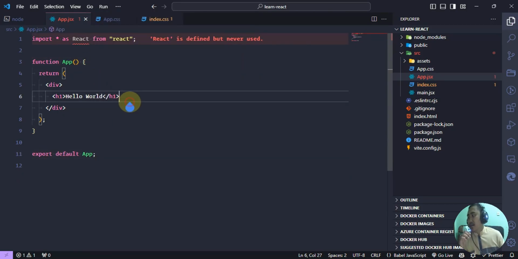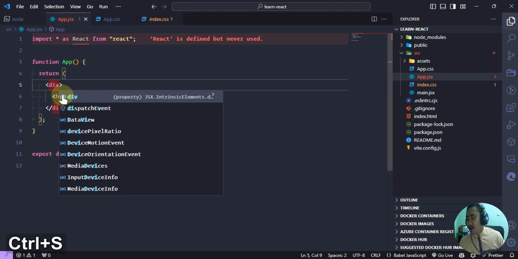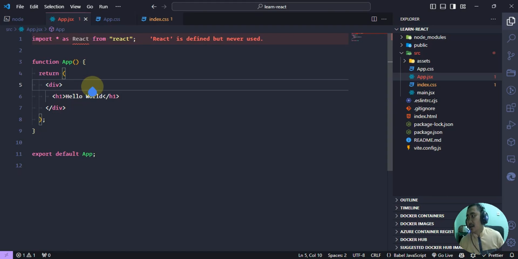Okay, before we go on, I want to tell you something, that every React component should be enclosed by a div or by a fragment. What is a fragment? A fragment is something like this. You may create it like this, or you may create it like this, but everything should be enclosed in an HTML element.